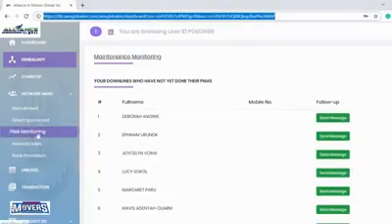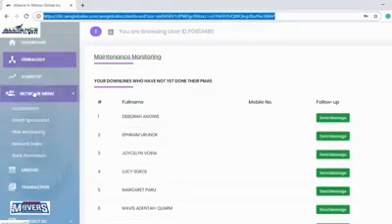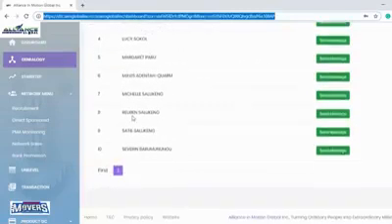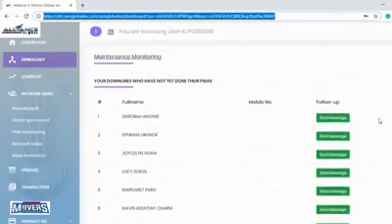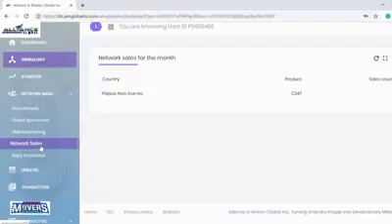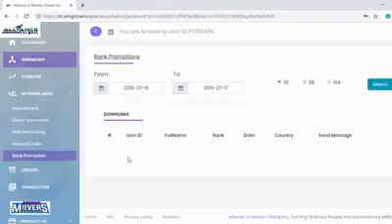I already clicked the PMA monitoring. If you can see this being highlighted, PMA monitoring under network menu. You'll see here the names who have not maintained yet. You can send them a message to remind them, hey, you didn't maintain yet, so that you'll be qualified for the stair step and Unilevel for the next month. You can do that by sending a message through this tab. Network sales for this month, rank promotions. So you can also see here who are those people who have turned silver executive, who have turned gold executive, and global ambassador under your network.